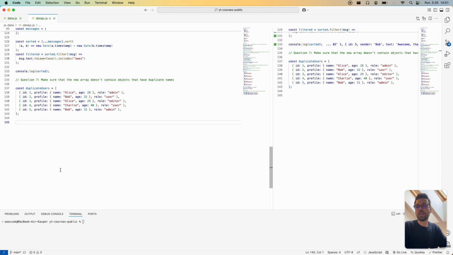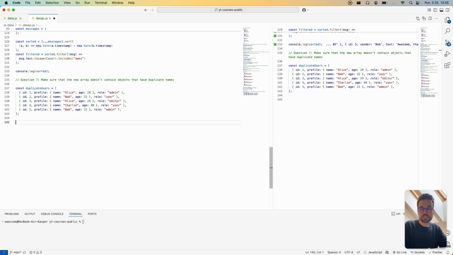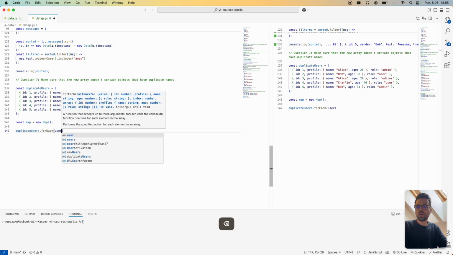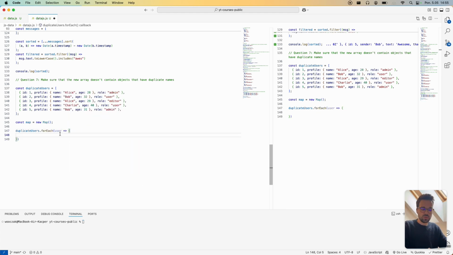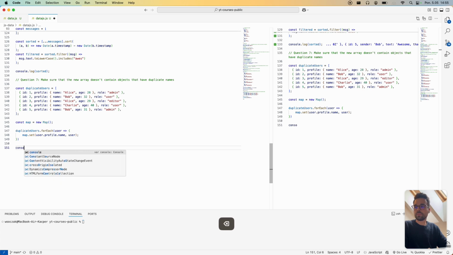So for example, if the user already exists, I don't want this to happen, even if we have the duplication inside of our array. Now, in order to complete this task, what we could do is create a map. A map is basically a collection of key value pairs, the same way as objects are created. So whenever we run an iteration on the duplicate users, we can create a collection where the first element of the map will be set to user.profile.name, and the value for this key will be the entire user. So that way, if we now console log our map,